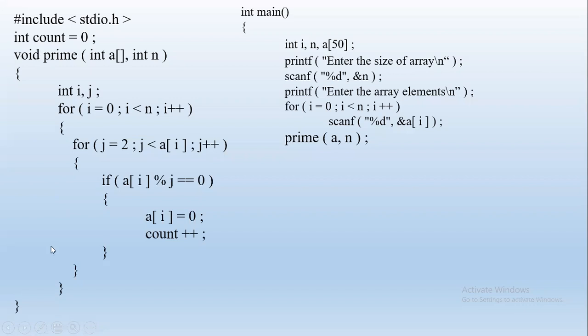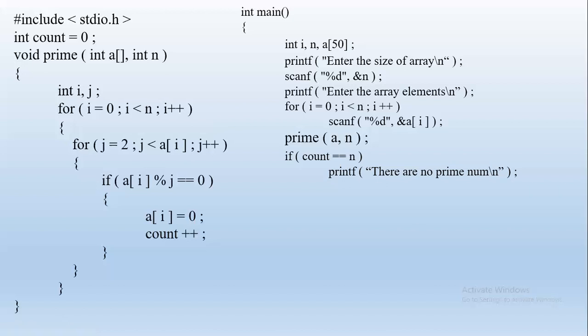So if we have void, it does not mean that the result we will always print. In this example, you can see we have one variable which gets executed, and its result will be reflected in main also, because count is a global variable. If it is used in the function, it can be used here also. How do we use it? Simply check, if count is equal to n. If we had given, for example, 4, 4, 4, all 3 variables are non-prime, and count would have incremented 3 times, right? 3 equal to 3.